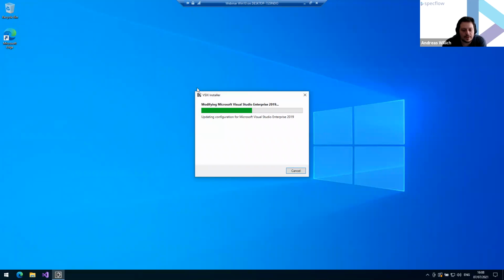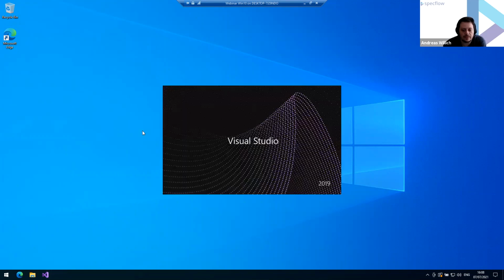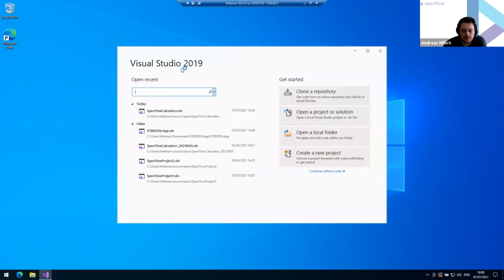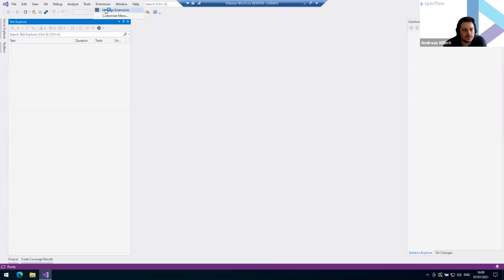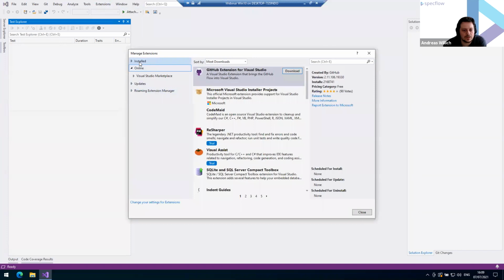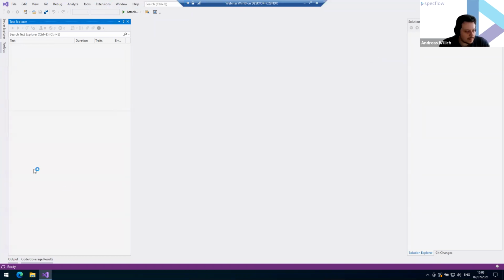Yeah, this is always taking some time. And done. Finally, so let's start Visual Studio again. And yeah, let's say continue without code. And under manage extensions, under installed, we have now SpecFlow for Visual Studio 2019. Cool. So first step done. So let's go to the